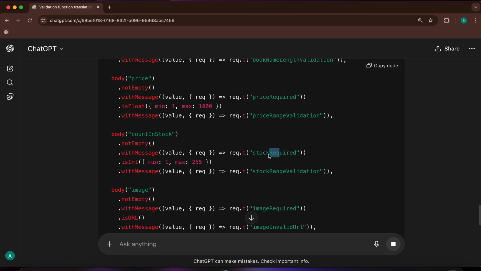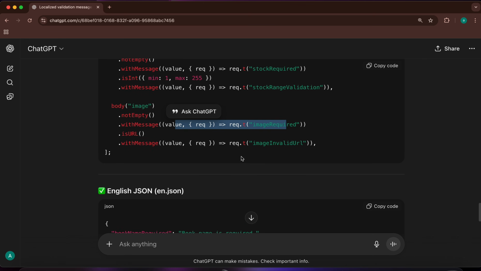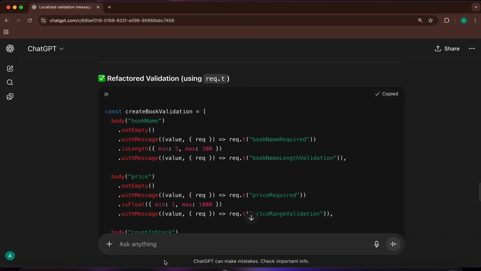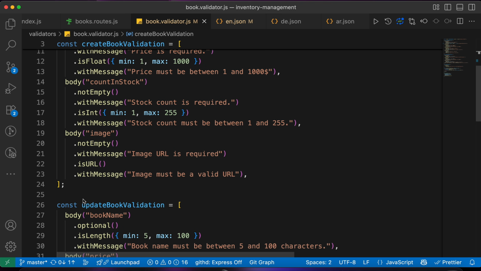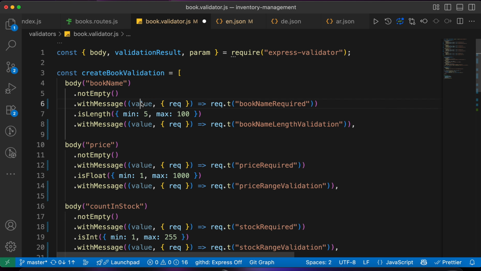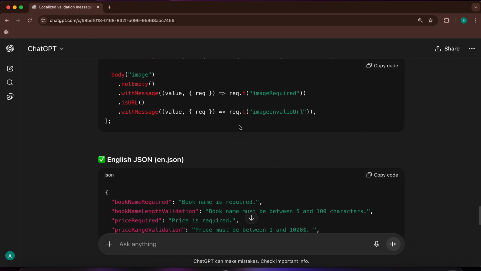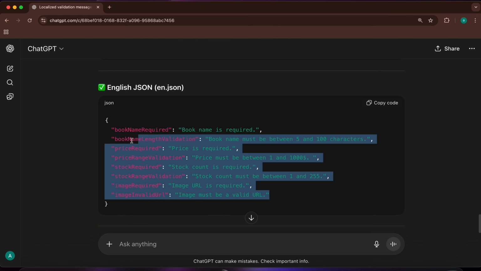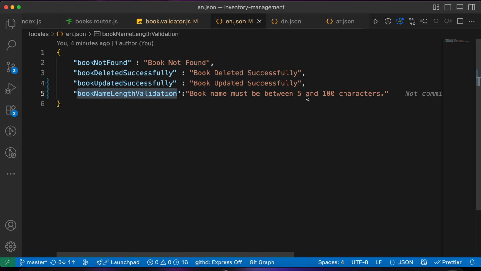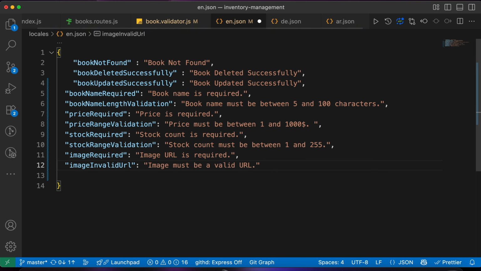It's doing great. Now it replaced the static values with English translation keys, and also added the translation. So let's copy the code from ChatGPT, go back to our VS Code, and replace this part with the ChatGPT part. Okay. And also let's go to the JSON translation, copy those translations, and go to English, and we don't need this last line anymore. Just press new lines